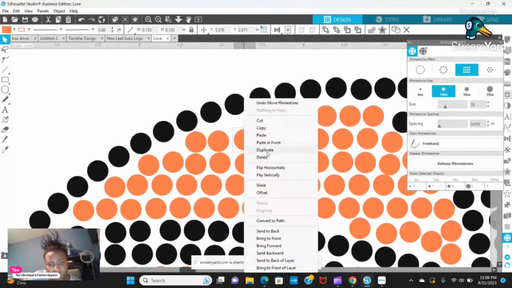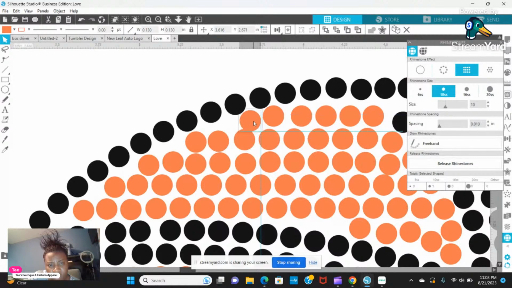I'm going to see if I can get one right here. Not sure that I can, but we're going to try. And I did. And you can use your arrow keys or you can use your mouse to move these around. Sometimes if it's a tight space, I'll use the arrow key. But mostly I use my hand. Okay, so